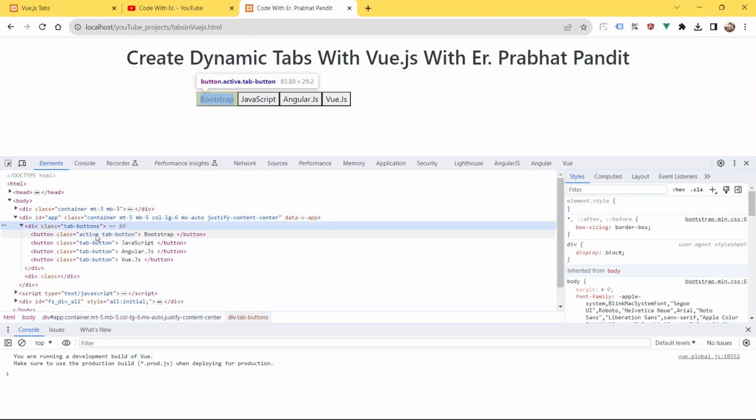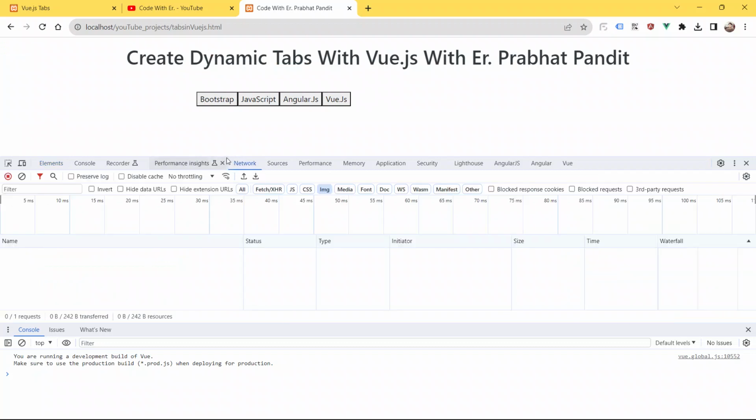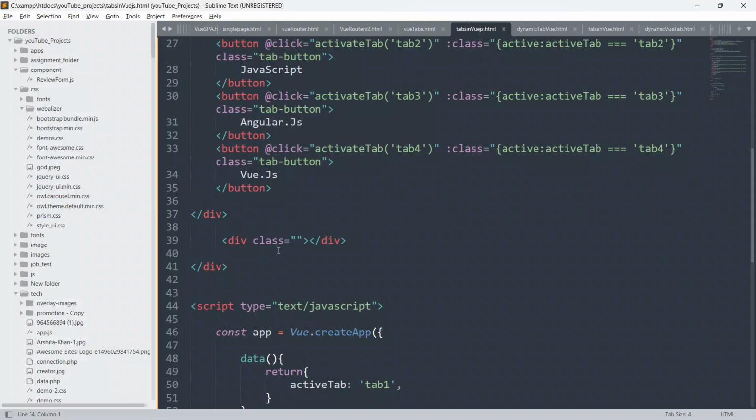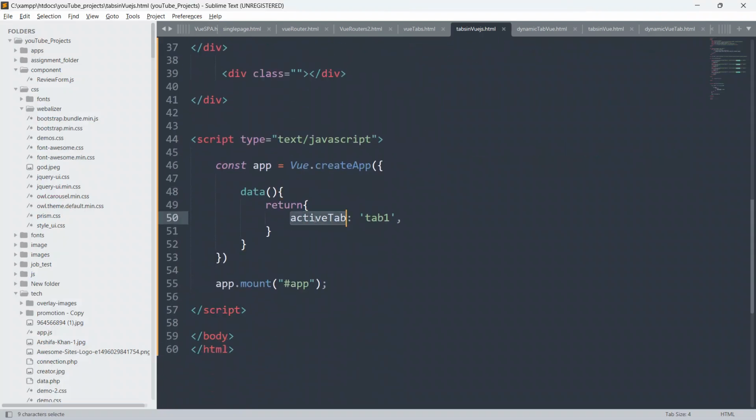So guys, as of now you can see here the active class is applied on the first button. Let me enlarge this for you so that you can see properly. Go to the elements. You can see we have already applied the active class, because we have given return active tab equal to tab 1.